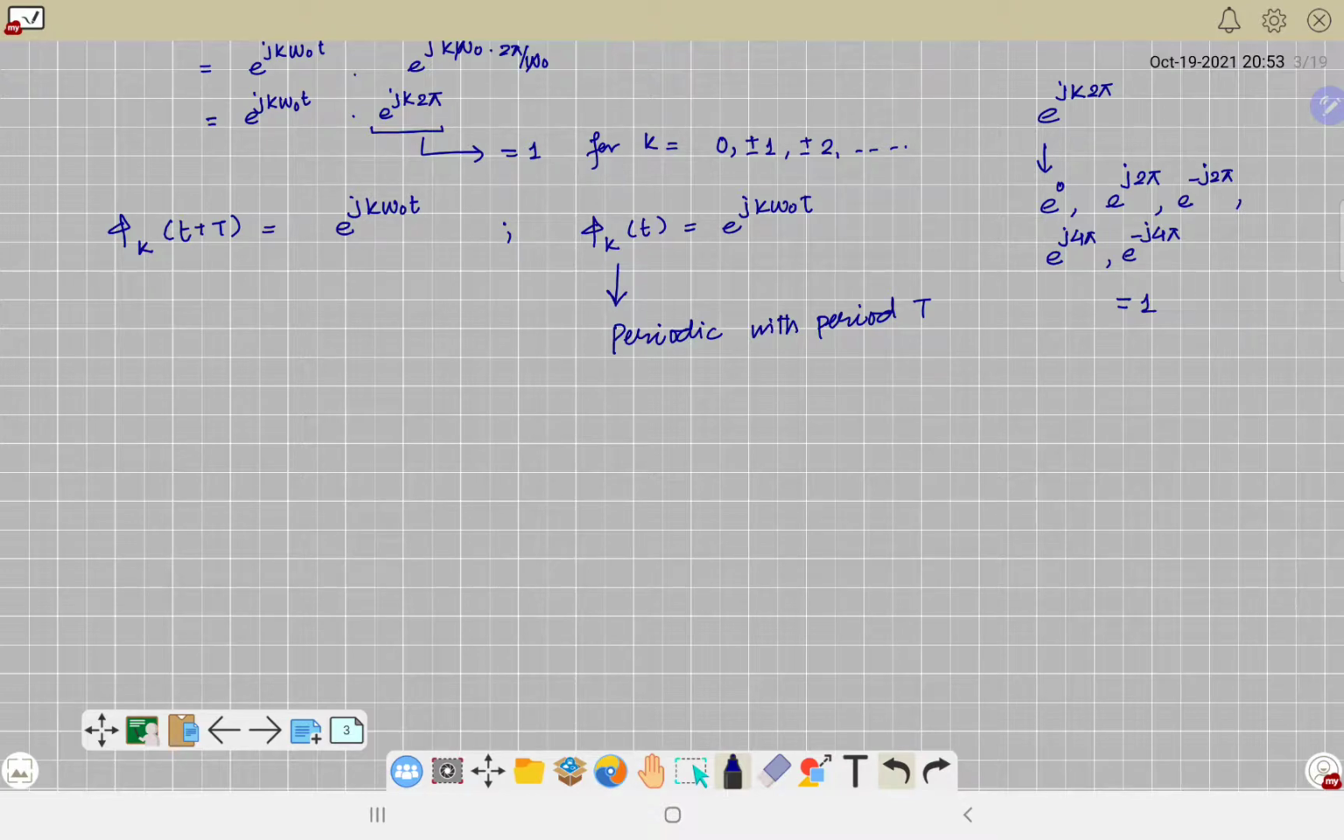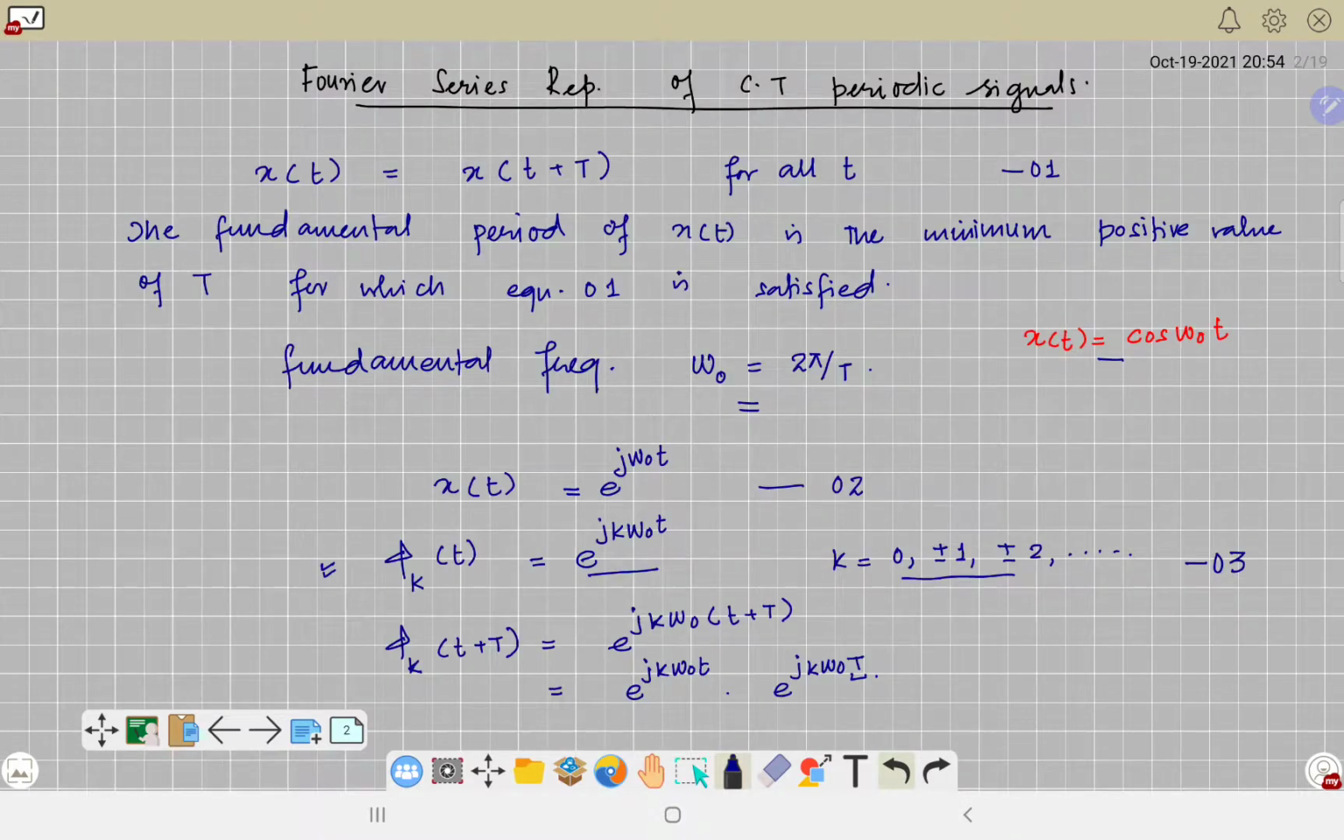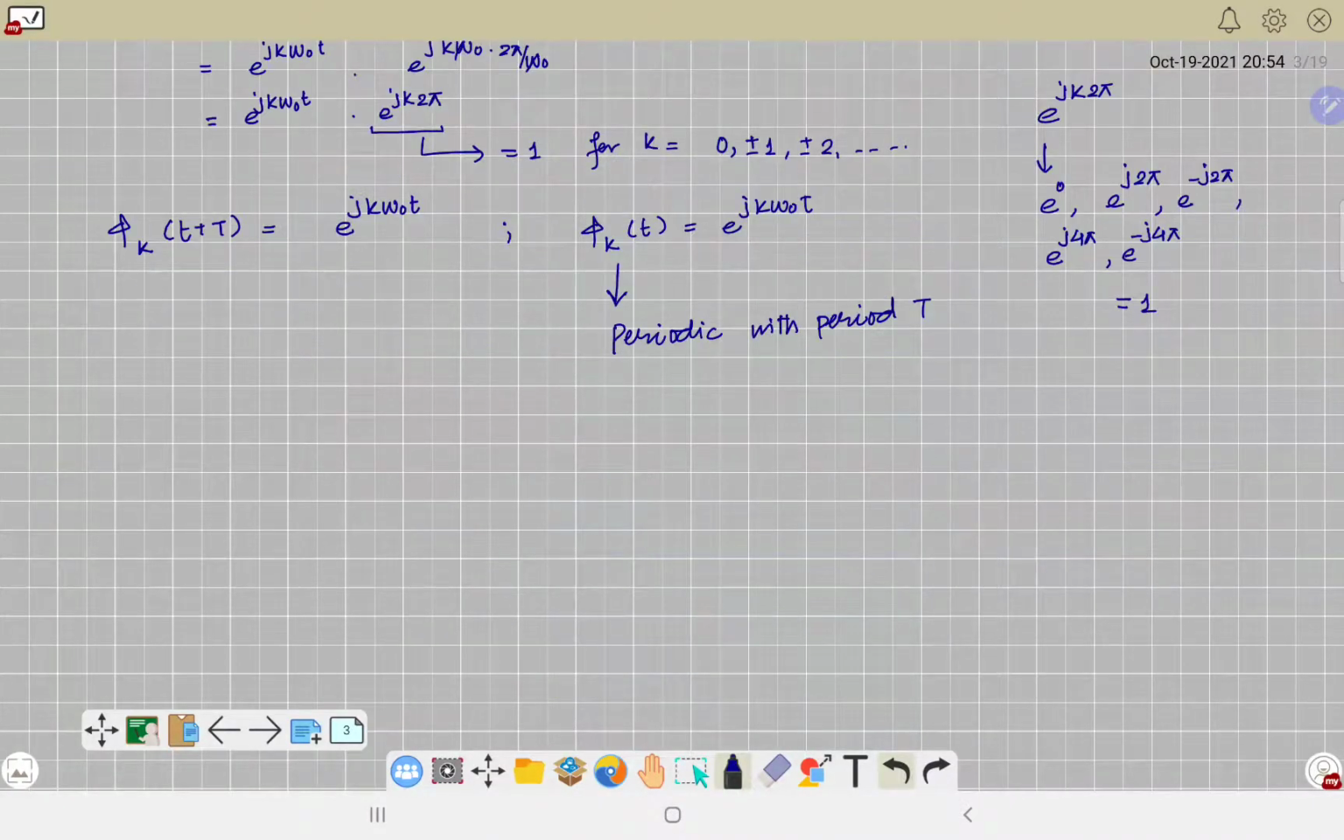Right? We just proved it using this small analysis. But what about the fundamental frequency? This simple complex exponential x of t equals e raised to the power j omega naught t was also periodic with period T, and it had a fundamental frequency of omega naught. Now we have done a bit of mathematical analysis. It turns out that phi k of t is also periodic with period T, but we need to find what the fundamental